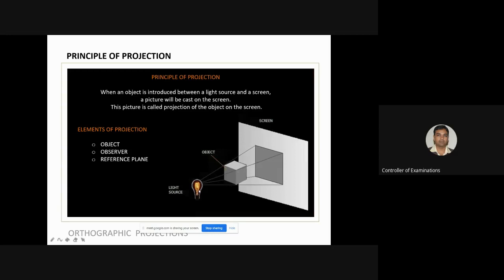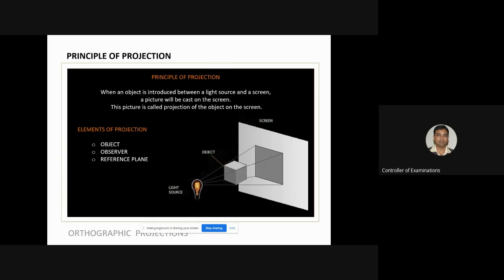So when the light from the source falls on the object, the image of the object, or the picture of the object, or the shadow of the object, falls on this particular screen. This is called the projection of the object on the screen.